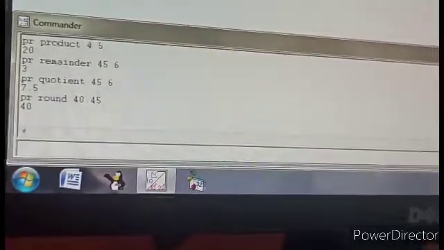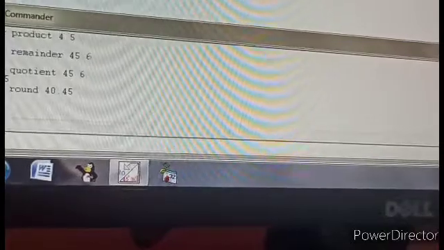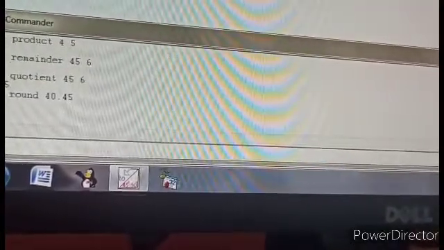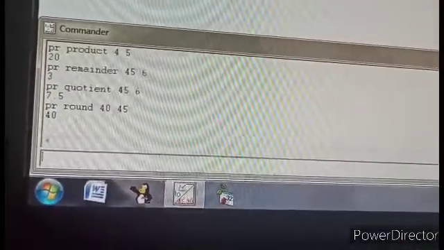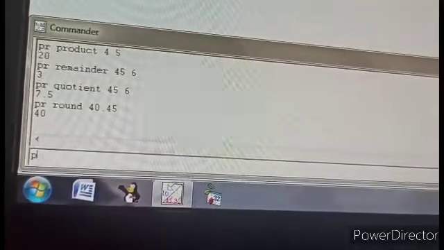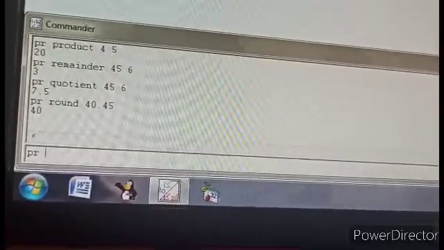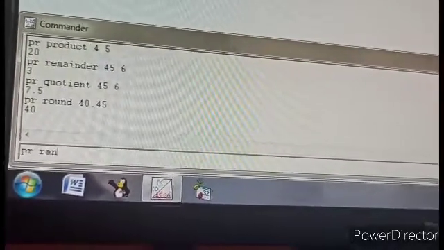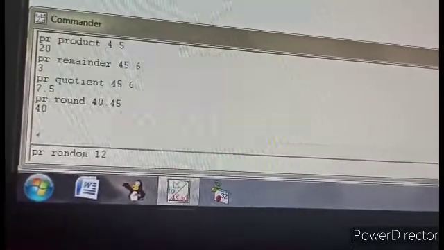Next is random. The random command in Logo is used to give the output of any number in a range without following any rule. So what is the meaning of this? Suppose PR space random 12.